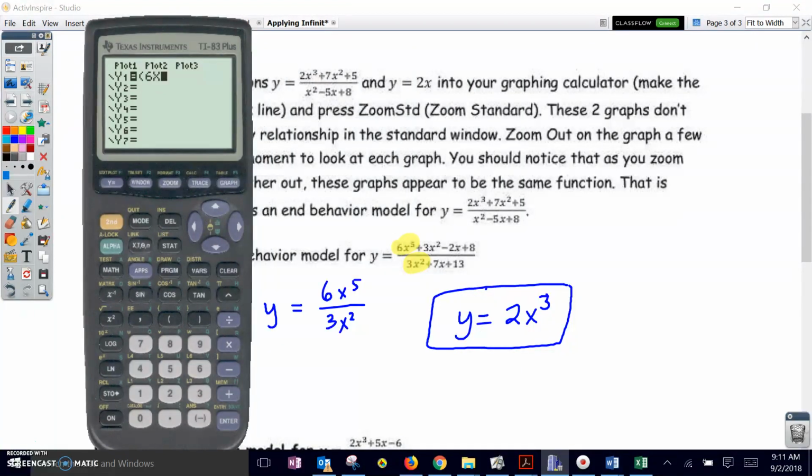quantity 6x to the 5th plus 3x squared minus 2x plus 8 over quantity 3x squared plus 7x plus 13 and y equals 2x to the third. I'm going to go ahead and bold the graph of y2 here, make it thicker, and let me set that graph up in a standard window. And if you look at these graphs close to the origin,